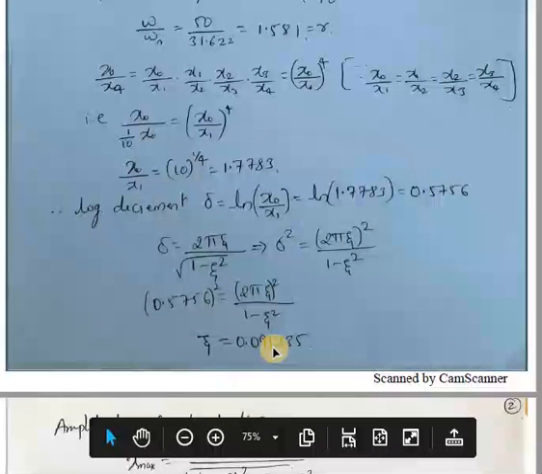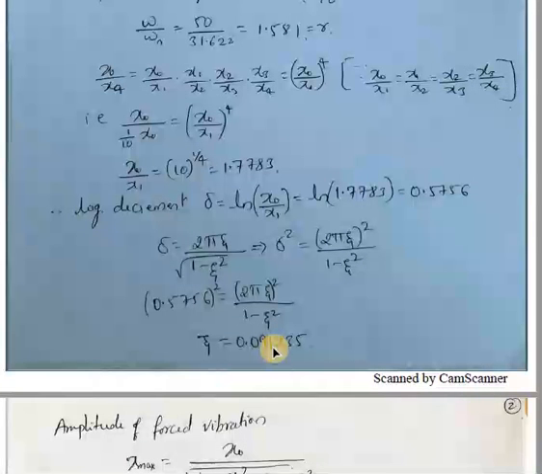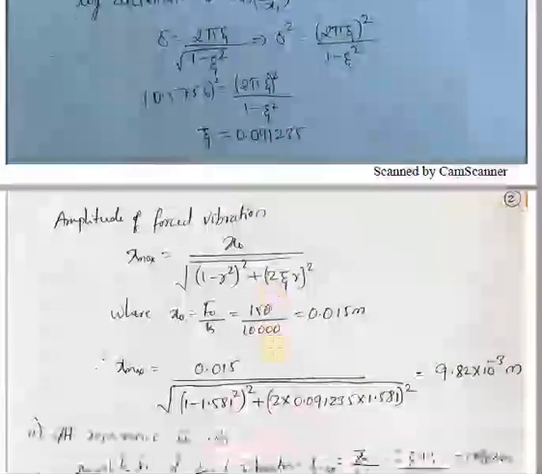So why are we calculating this zeta? In the amplitude equation, we need that zeta and the frequency ratio. Okay, then after that,